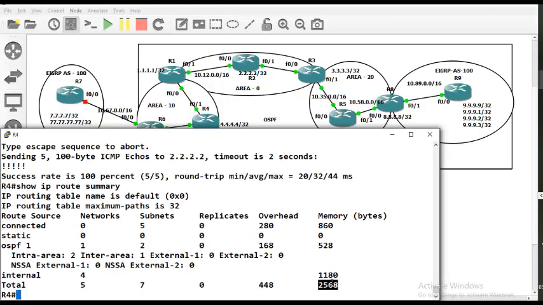So we have seen two special area types. Now two more are left, which is NSSA, where you will be learning N1 and N2. And then totally NSSA we have to see, and then authentication. With that,